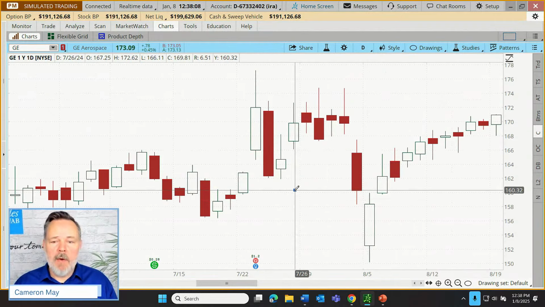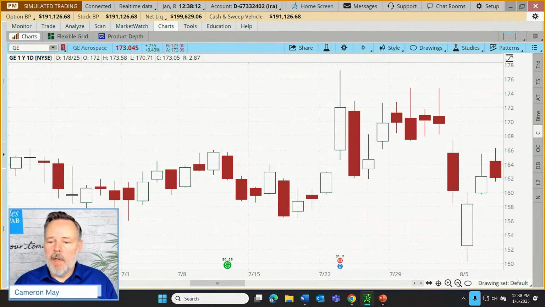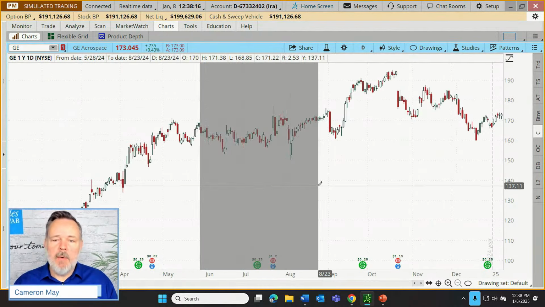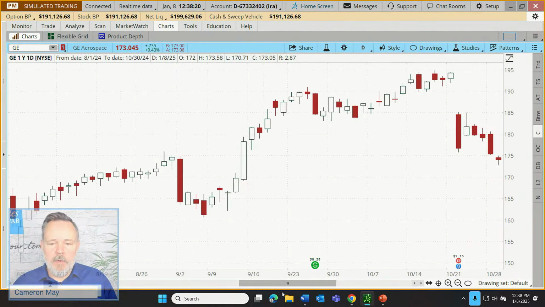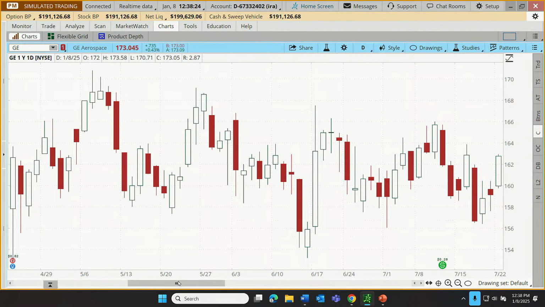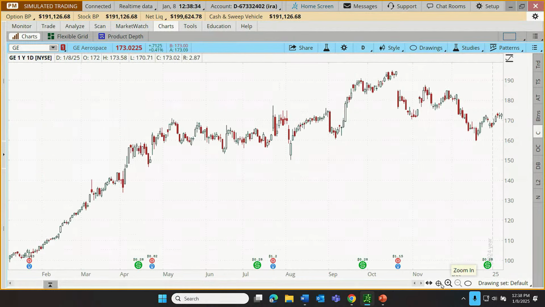And then to zoom back out, we can double click on the chart, or we can use that minus sign again. Now, while we're zoomed, we can go down to the very bottom, and there's a scroll bar. Scroll right, scroll left. It just remains that same width of the zoomed time frame that we selected. All right, let's zoom back out. I'm going to double click on the chart this time just to zoom back out.